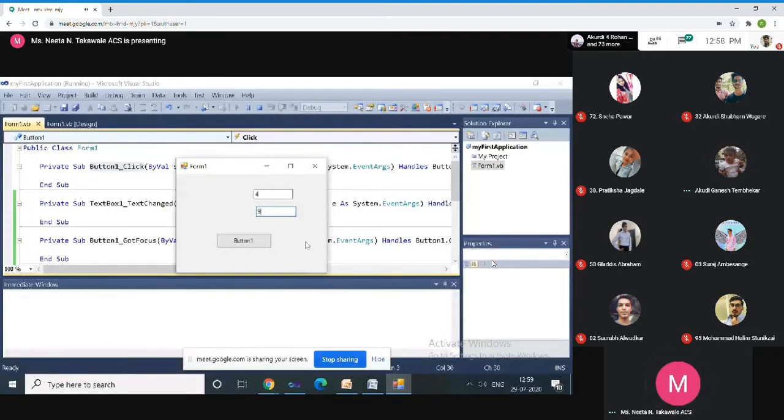Gray, na? Yes, ma'am. Now see, when I'm moving mouse on that button, what is the color? It changed to the blue, right? Why? Because now it got the focus. Cursor करून त्याला काय मिळाला? Focus मिळाला. Okay, it got the focus. So when I'm going to click, then it should display the addition of the two numbers in the text box.